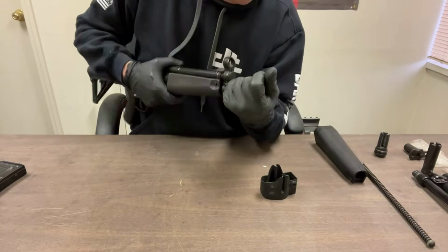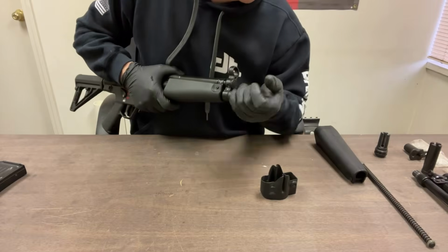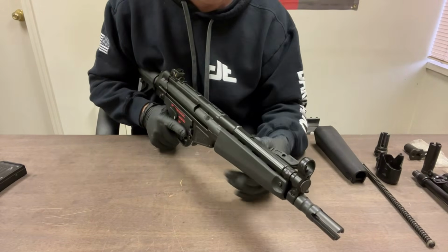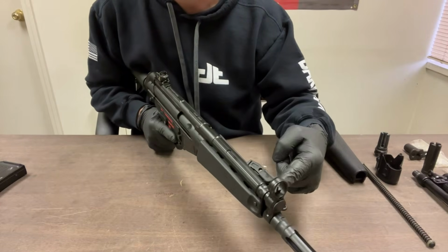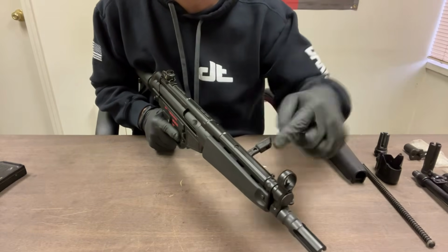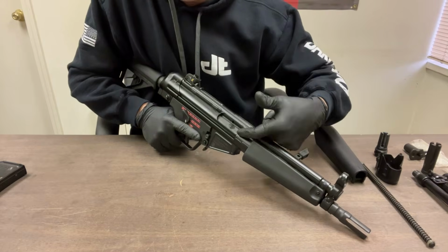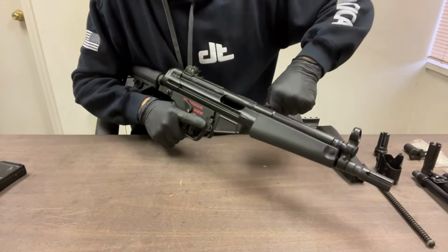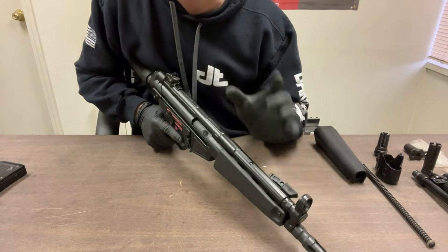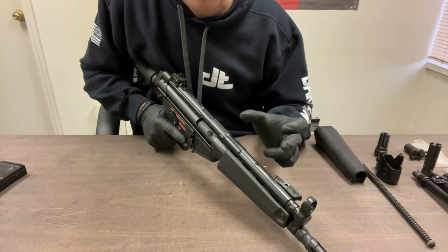However, you may or may not have experience with other rifle caliber roller locks. Unlike the MP5 where it's just a free sliding charging handle, there is a camming action. This handle actually pops out. And when you pop this handle out, there's a camming action in here that pops the carrier out of battery. So then you pull it back, right? And there you go. There is supposed to be a gap between the front of the carrier and the cocking